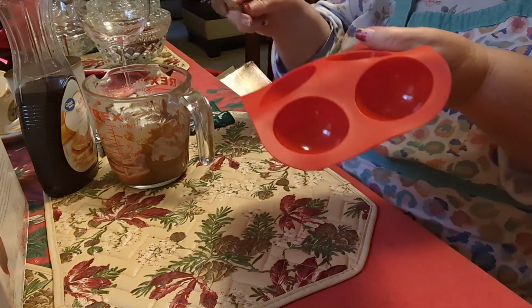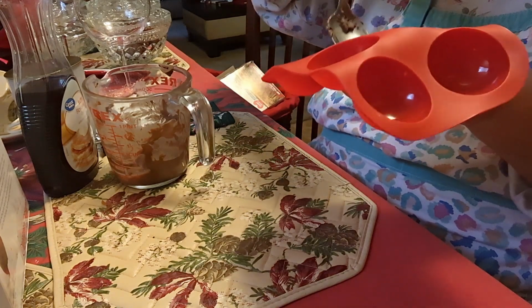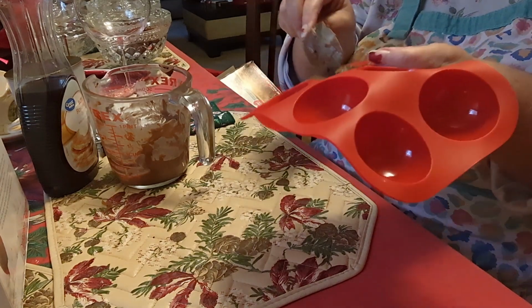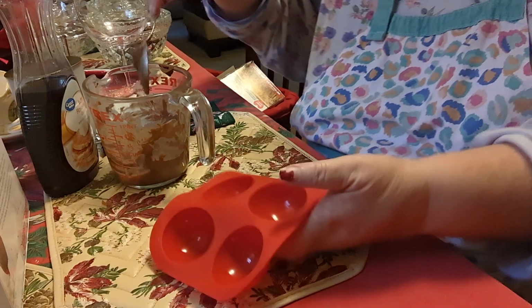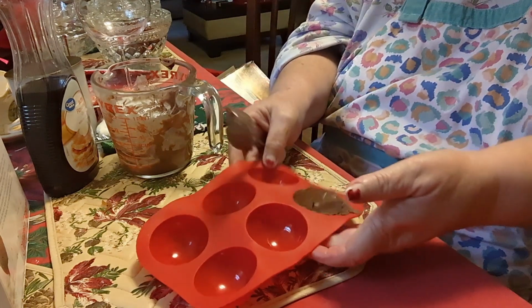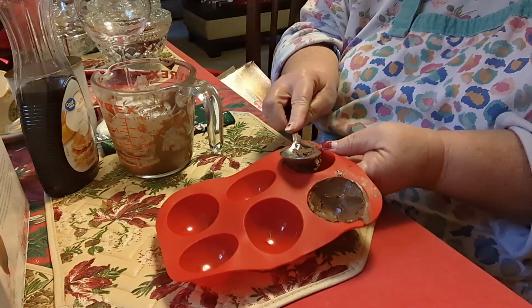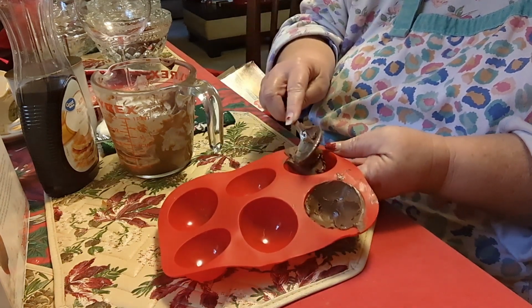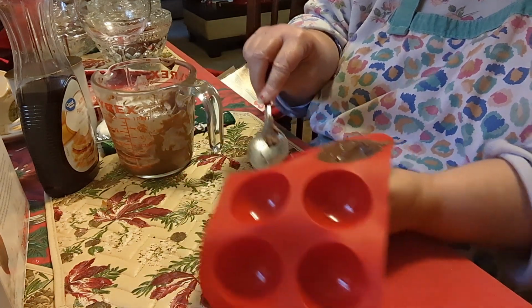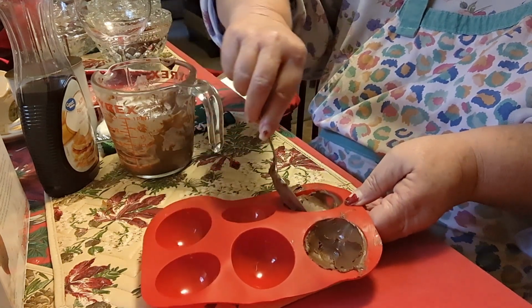The chocolate is hot, but it's not as smooth as I thought it would be, okay? But we're gonna roll with it. All right, there's one. We'll keep going. It's supposed to make 12 of these. I'm supposed to do 6 now, put it in the refrigerator, let it cool, pop them out, and then do 6 more. So we're gonna see how